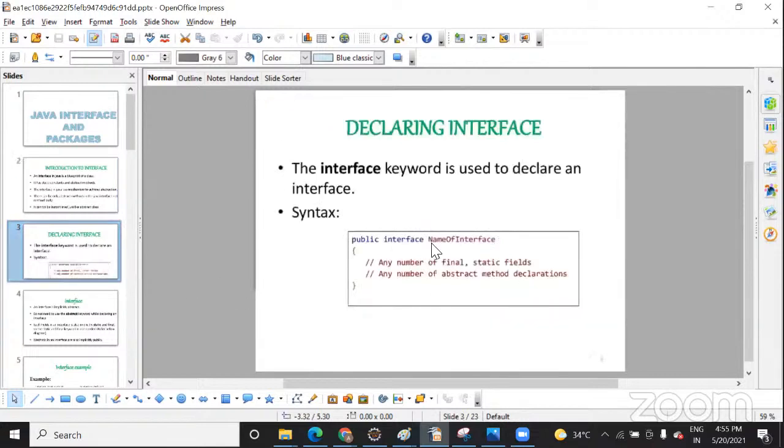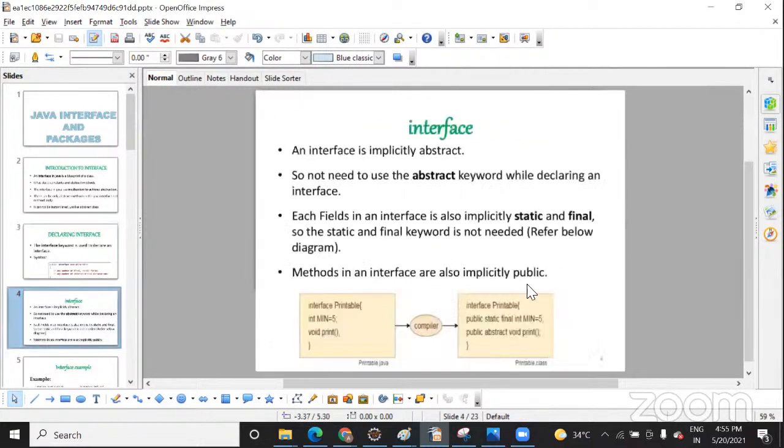Then the syntax: just like you declare a class, you declare public interface, the name of the interface, and then the body. In the interface you declare methods and variables, and you can see how the compiler understands this internally. This is my Java file, right?